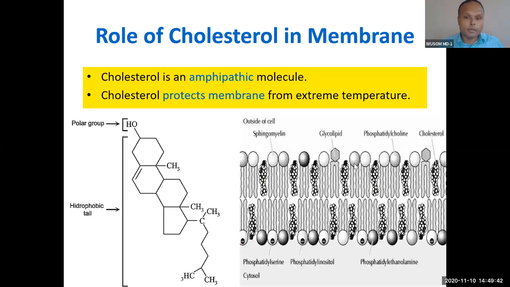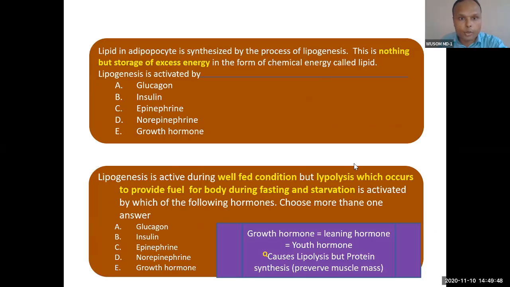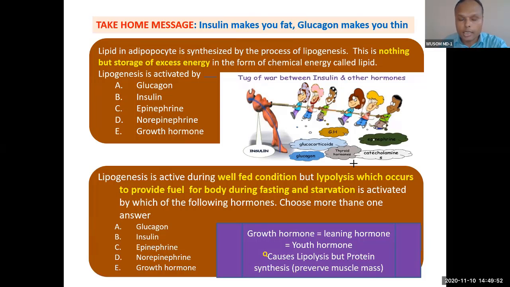Okay, so you can see this cholesterol. I already explained what is the function of cholesterol. We did this lipogenesis, how insulin stimulates lipogenesis. We talked about how insulin, during the fed condition, is the dominant hormone, and it will dominate all the other hormones. This is the hero, this is the king during the fed condition. All other hormones are antagonizing insulin during the fasting condition.